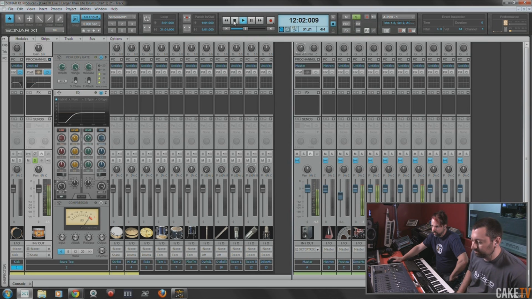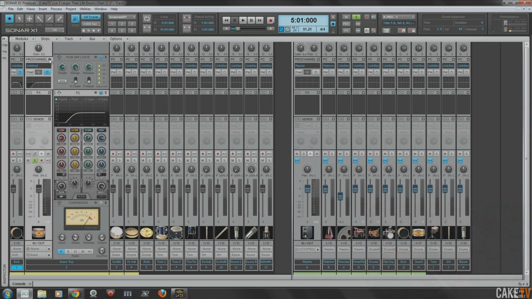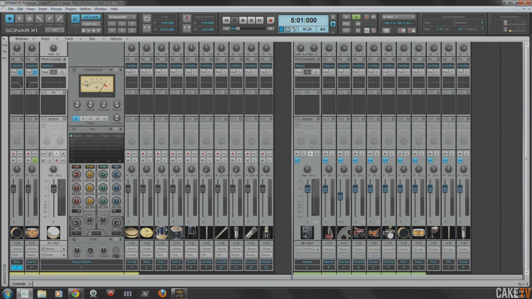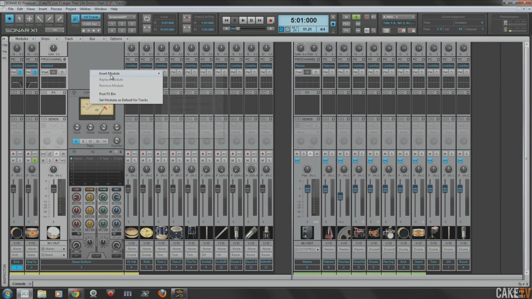So much cleaner. Yep. Okay. All right, and let's do the same thing to the snare bottom. So again, I'm just gonna drop in. I don't really need the tube right now. I'm just gonna remove this, and we'll insert the